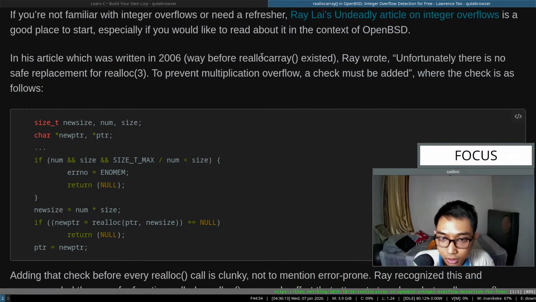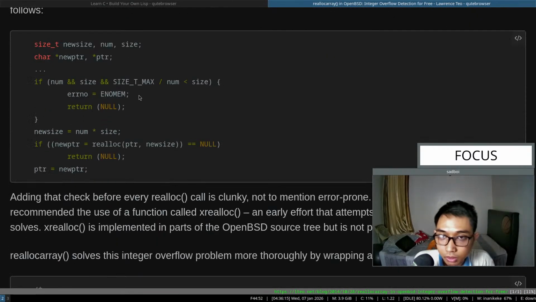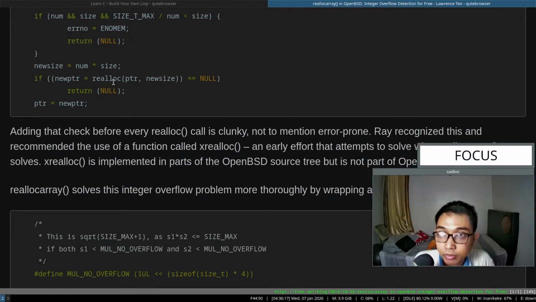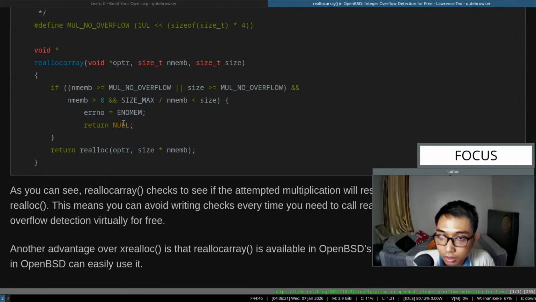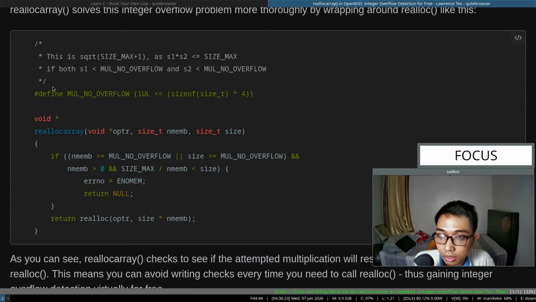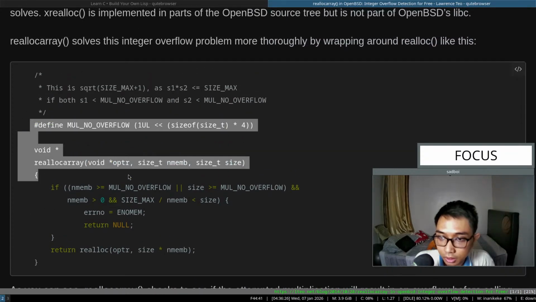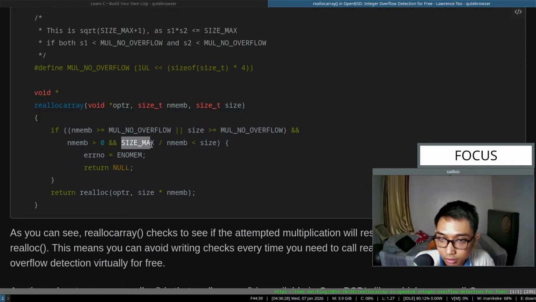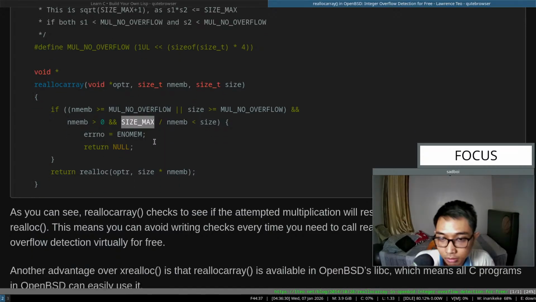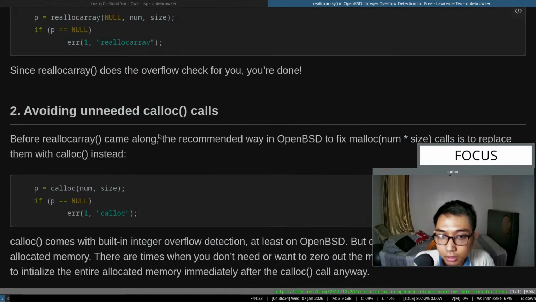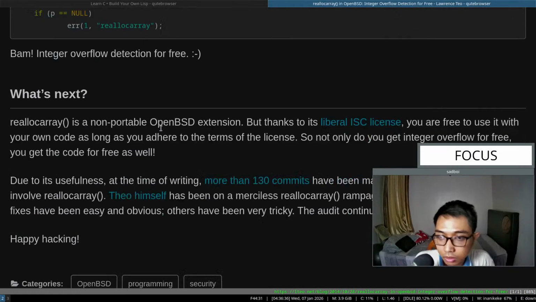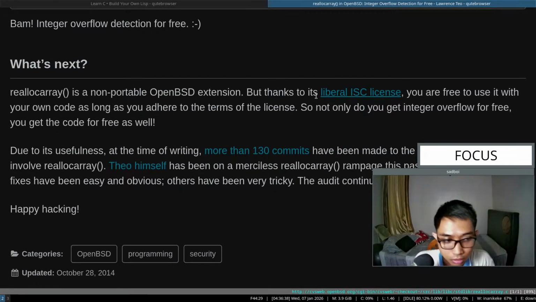Okay, anyway, with that in mind, I'm following this example, and this example uses SIZE_MAX, and I think the actual source code is in here. Okay,